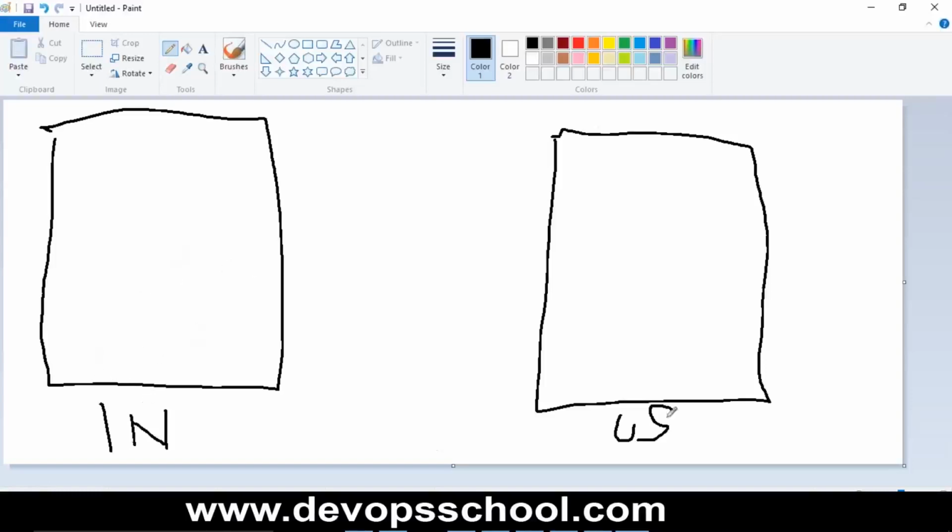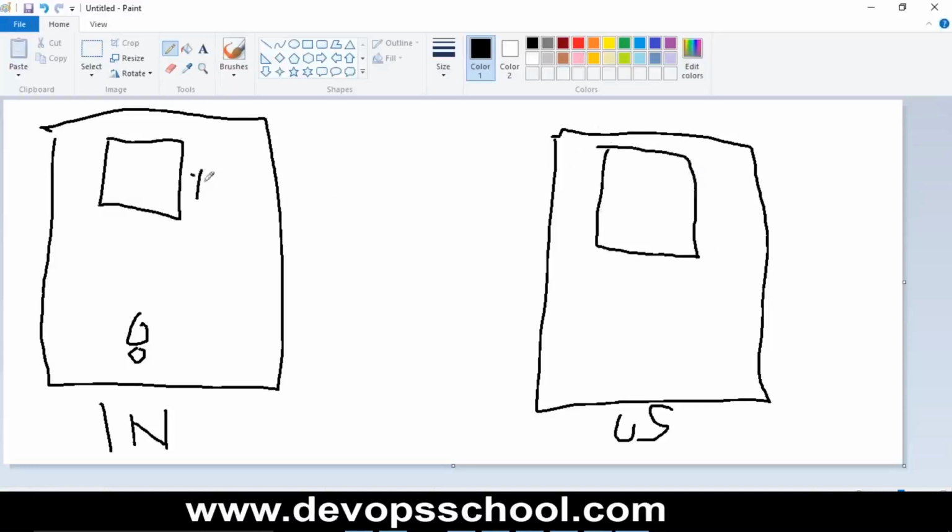Okay, so this is the India team, this is the US team. Now India team is working. Now this is a repository. Let's say here it's a repository, and this is the Nexus actually. Here it's Nexus. This is Nexus. Now, if India team wants to upload the data and download the data, so if they travel